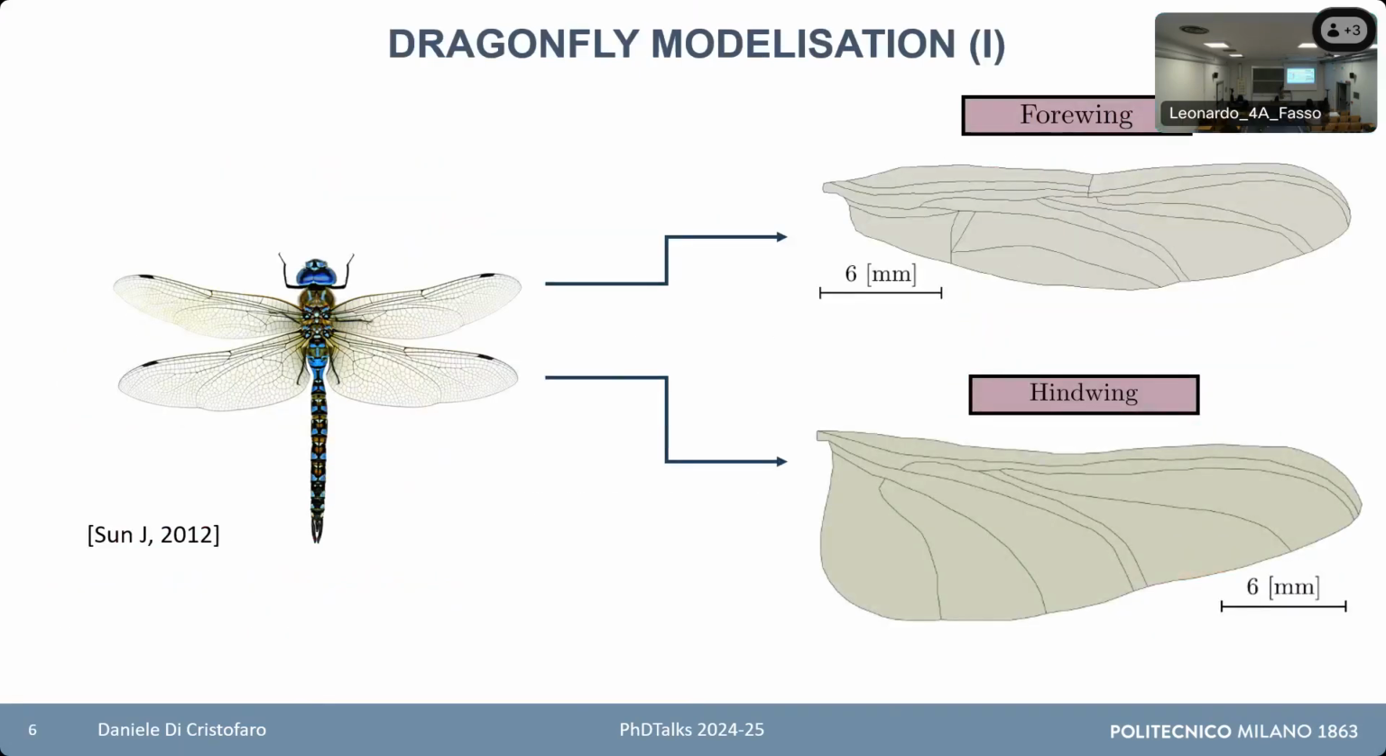And here is the main part, the dragonfly modelization. Okay, why did we choose to model the dragonfly among all the insects in nature? Because the dragonfly is endowed with two different pairs of wings, and this allows them to perform high aerodynamic maneuvers, and also it allows them to have high controllability in hovering, and they are also used for micro air vehicles